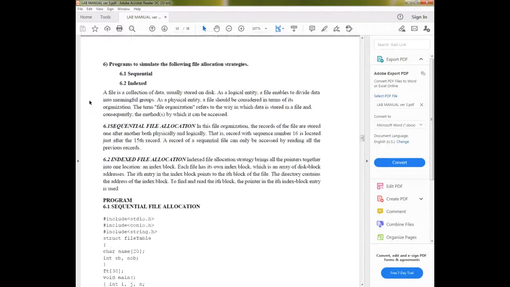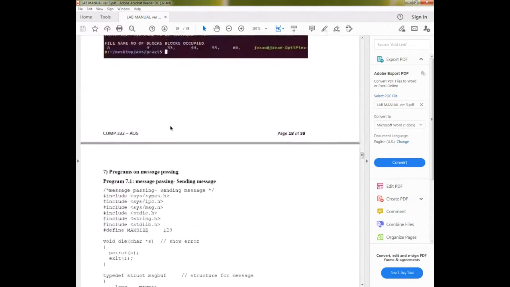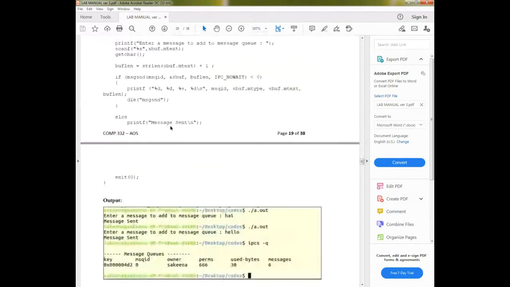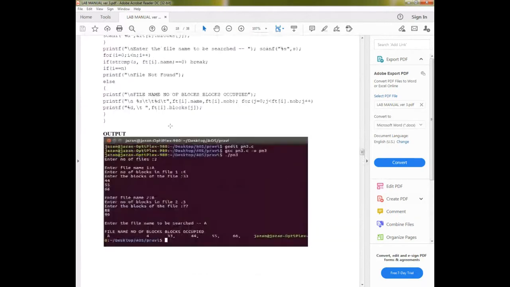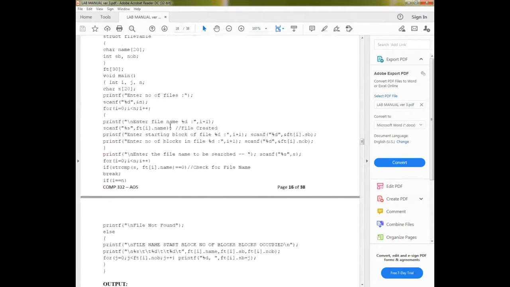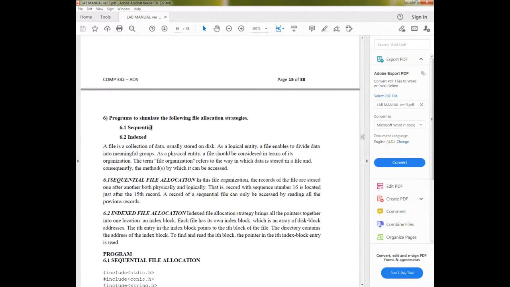Okay, so today's program is program number 6, and today you have to do three programs, because in the last lab you all had an exam, so that's why today you have to do three programs. Program number 1, sequential